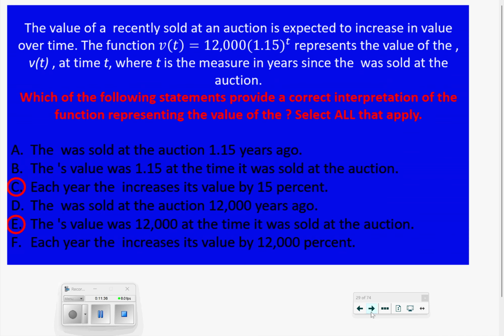All right, the answer here is C and E. Select all that apply, so there's more than one here, okay? Here, C says each year the increase is valued by 15%. You might be like, where did 15% come from? Well,